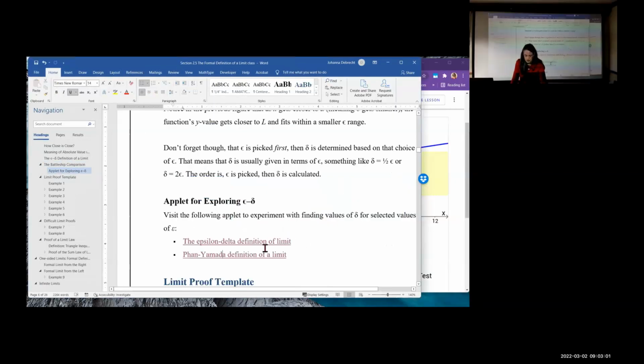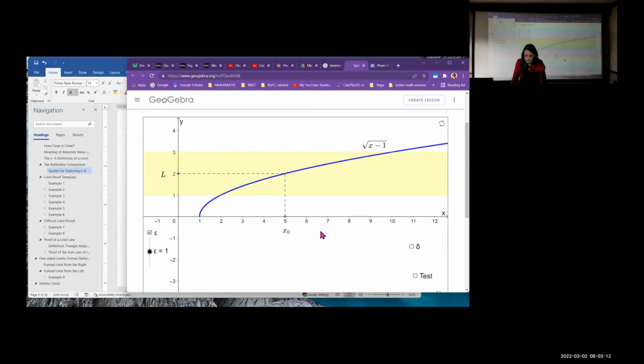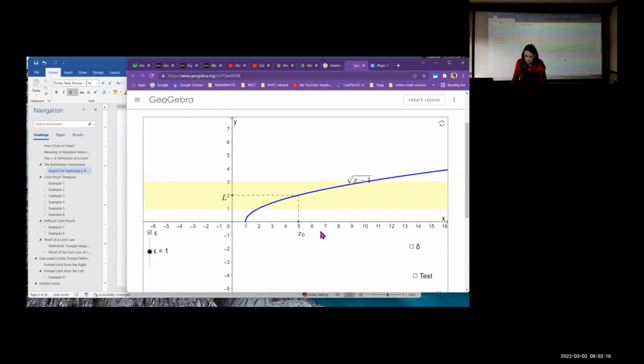So in the notes, you'll find there are 2 applets for the epsilon delta definition of a limit to help you get a better feel for what's happening. If you click on those, they should open up and you'll see something like this here. Now I'm scrolling in to make it a little bit smaller so that it shows up a little bit better on my screen. And when you're looking at it, we're looking at the graph of the square root of x